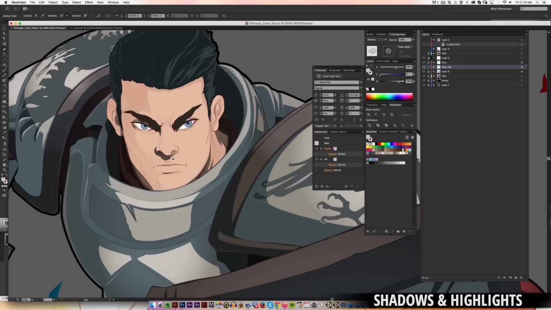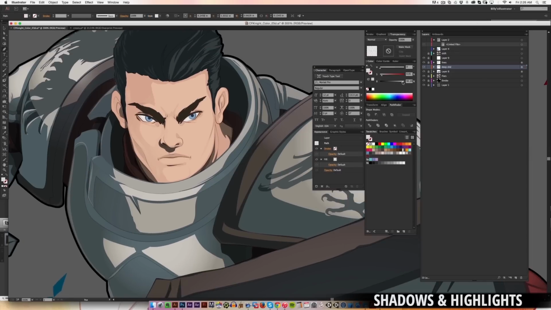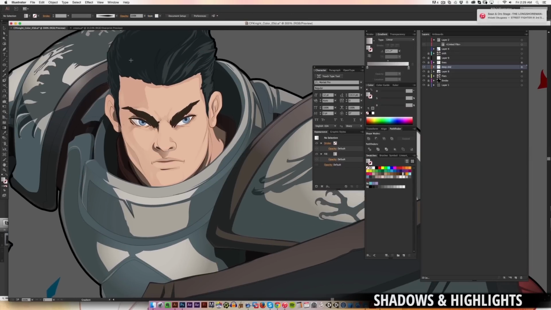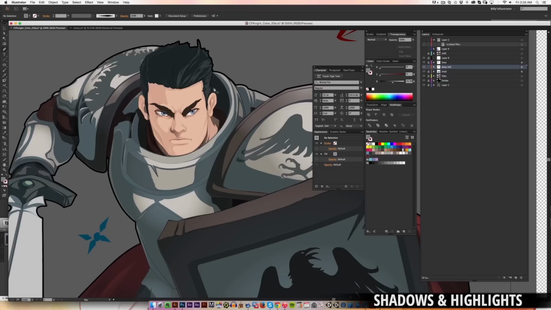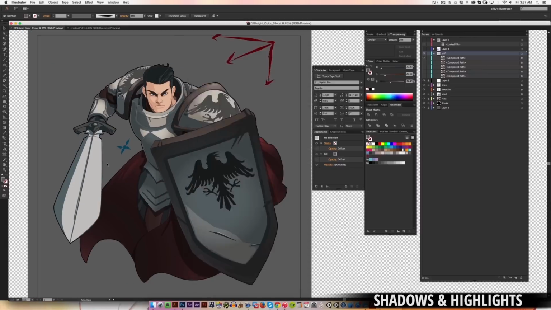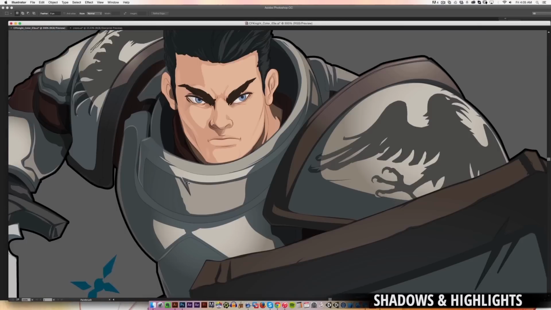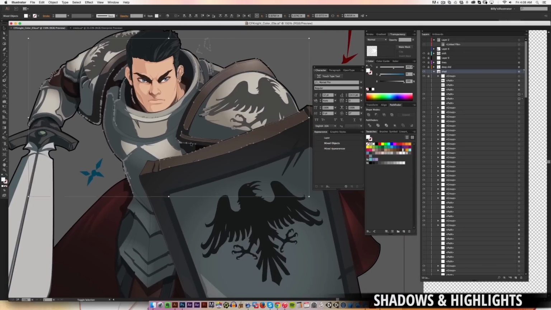So instead of adding shadow to lightness, I'm removing lightness from shadow, and that's kind of an old school chiaroscuro trick to get a lot of drama in your lighting essentially. It's almost like everything starts from darkness, and you're basically applying light, and it adds a lot of depth to your piece. So I'm just continuing to detail and shade, adding fine detail into the shadows